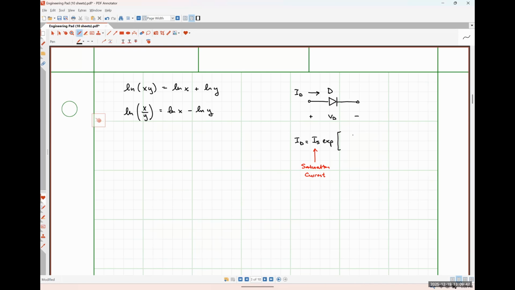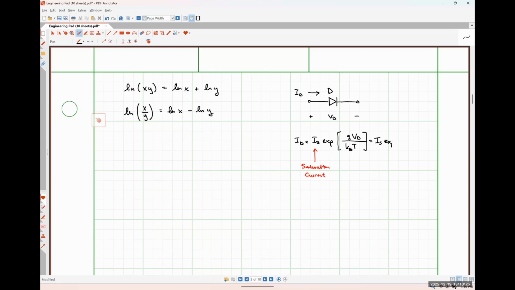our diode voltage, VD, and then I'm going to throw something out here. I'm going to put a Q in front of this VD. Q is just the charge of an electron, 1.602 times 10 to the negative 19 coulombs. And down here, I'm going to put KBT. So that's Boltzmann's constant times temperature. Well, as it turns out, KBT over Q is more commonly called the thermal voltage in the system. It is a temperature-dependent thing, but at 300 degrees Kelvin or room temperature, it comes out to be about 26 millivolts. So I'm going to rewrite this as